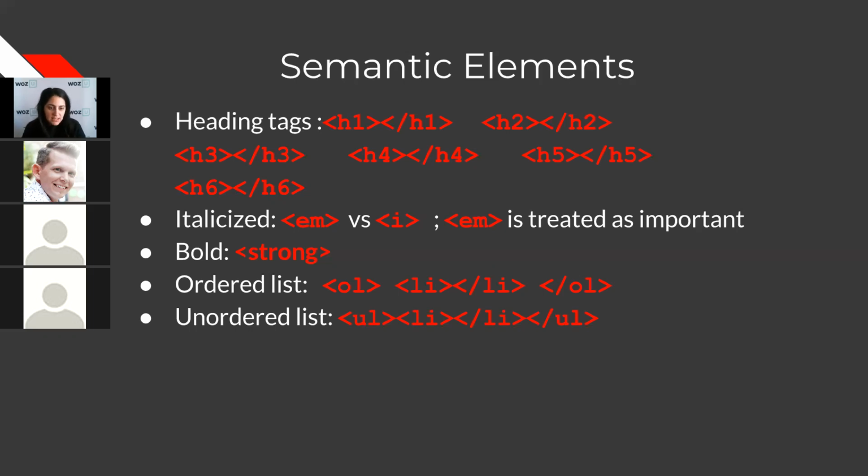This is emphasized. And then we have ordered list and unordered list. An ordered list is going to be a simple numbered list, 1, 2, 3, 4, 5, 6, and so forth. And then unordered list is just going to be bullet points. They are written the exact same way. The only difference is an O and a U. O for the numbers, U for the bullet points.